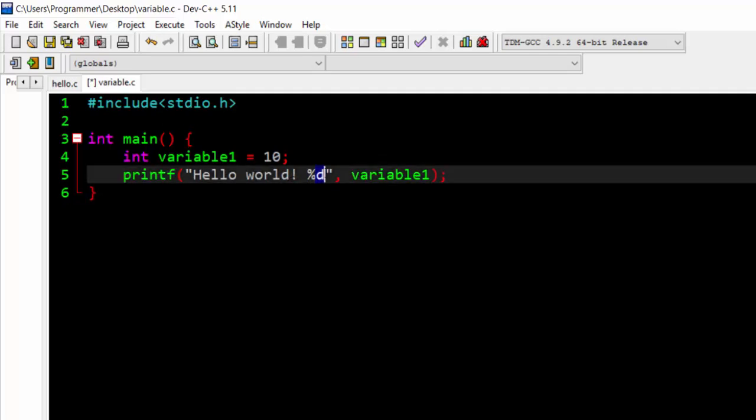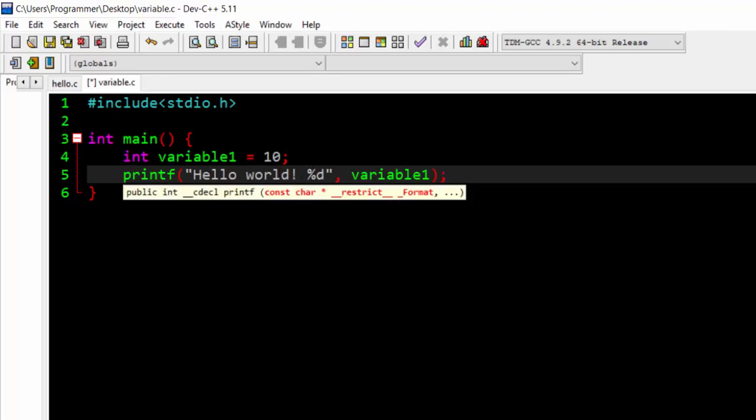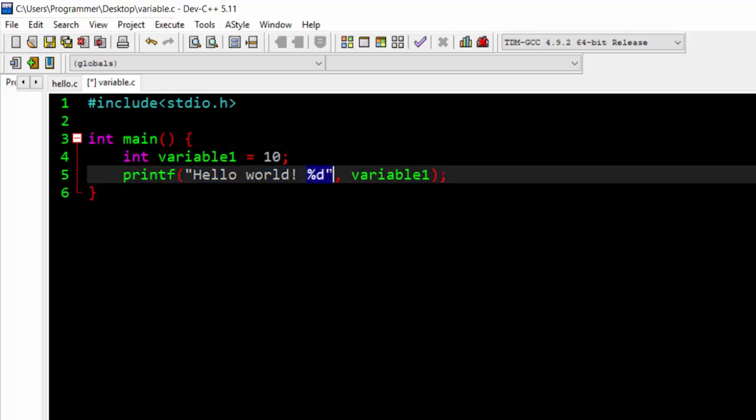So the %d tells it that in this place you have to print a value. So it will print hello, then it will print world, and then it will put a space in between them, and it will print the value, because it tells the compiler that this is a string up to here, so it is going to print all of it. But %d means you have to print a value here. What is that value? Then we put a comma and we write the name of that value we have to print. So if I write 10 here, it will print the 10,